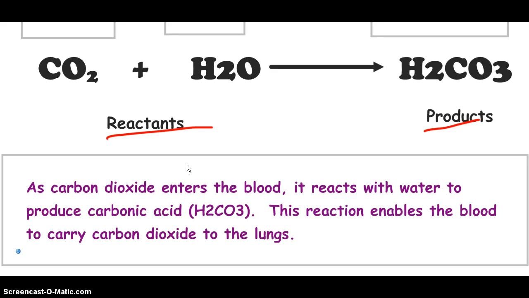Now, if we didn't have this capability, carbon dioxide would build up in our blood. That would be really bad. And so in this animation, you'll see that there's actually an enzyme that helps make it happen faster. So I'm going to push pause, and I'm going to have you guys watch the video